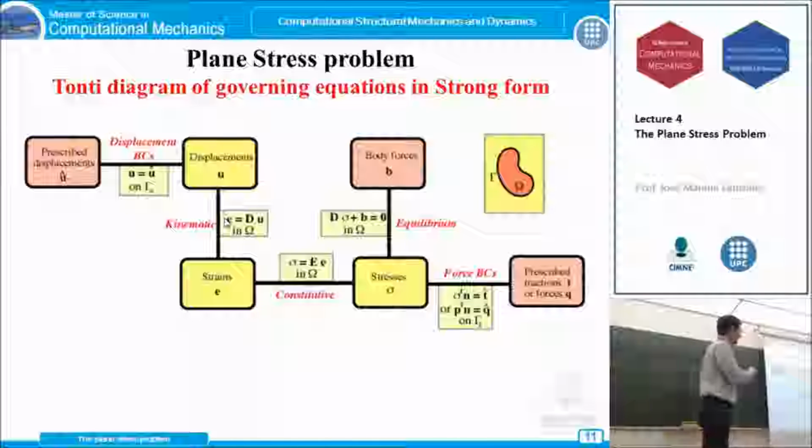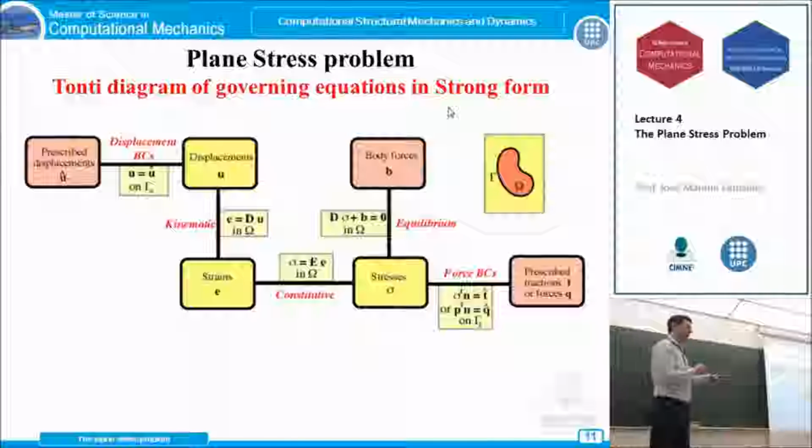So if you see, we have the same scheme with the same Tonti diagram for the governing equations. We call it the strong form. This strong form, let's see, this Tonti diagram assuming the strong form, means that these governing equations must be accomplished at every point of the domain. So at every point of our plate, these equations must be accomplished, point by point, which is not the same as the weak form we are going to see here,